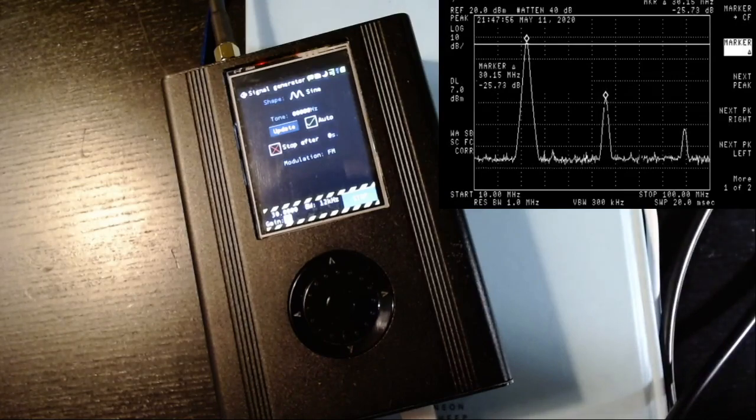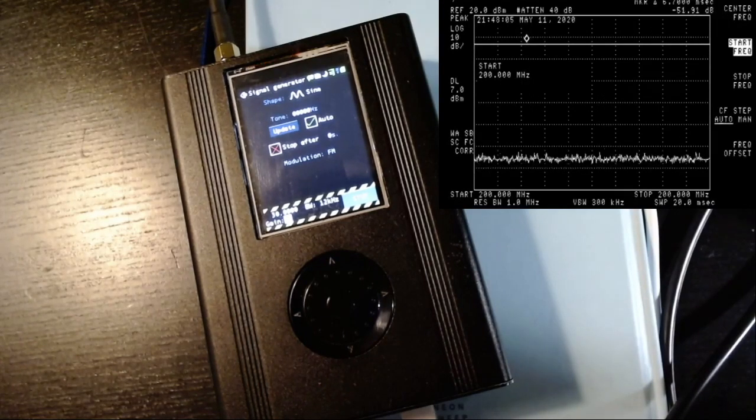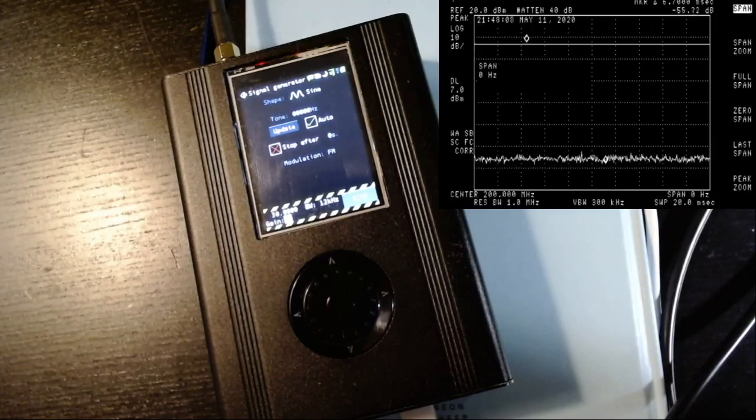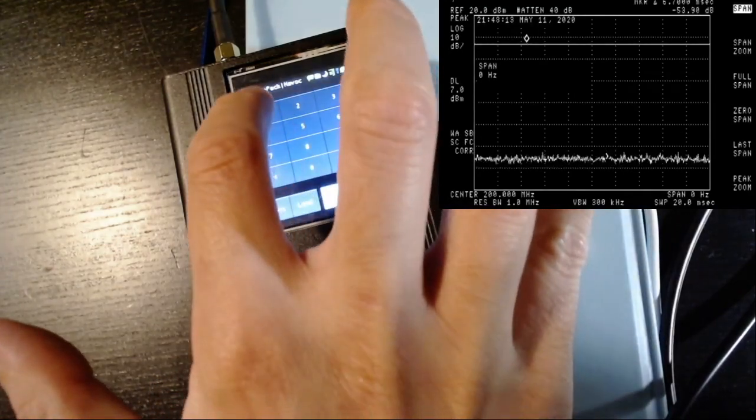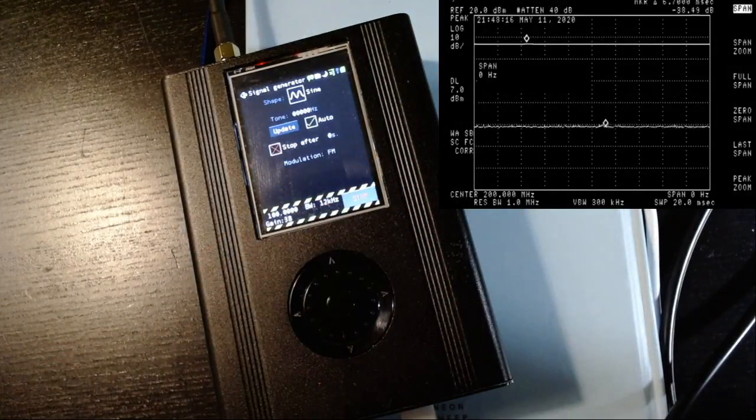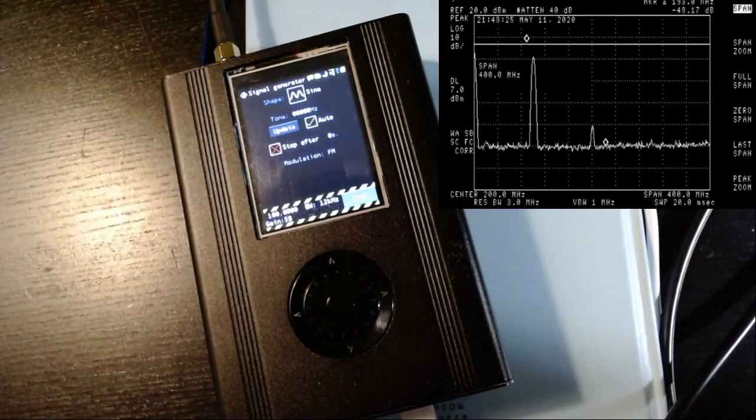So let me set the center frequency again. Well, let me put it now 200 and the span at 400 megahertz. Okay, so I'm now going to try with 100 megahertz. So let me insert 100 here. Done. Okay, so at the moment we have a span of, let's say, 400 megahertz. Okay, so we have our signal here at 100 megahertz, but as you can see, it's not right at the